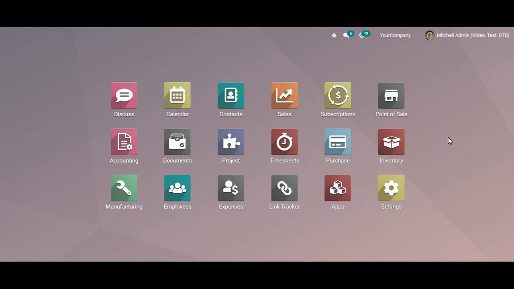Hello Odoo users, it's Eleanor from Cluedo here, and in this video I'll be showing you how to use one of our modules to obtain an Excel report of your bills of materials, structure and cost. So let's get clued into Cluedo.